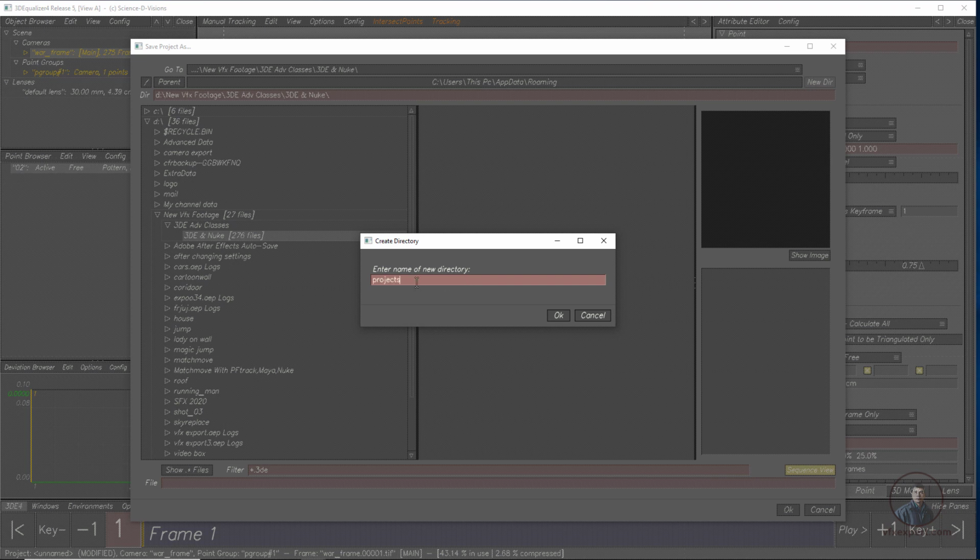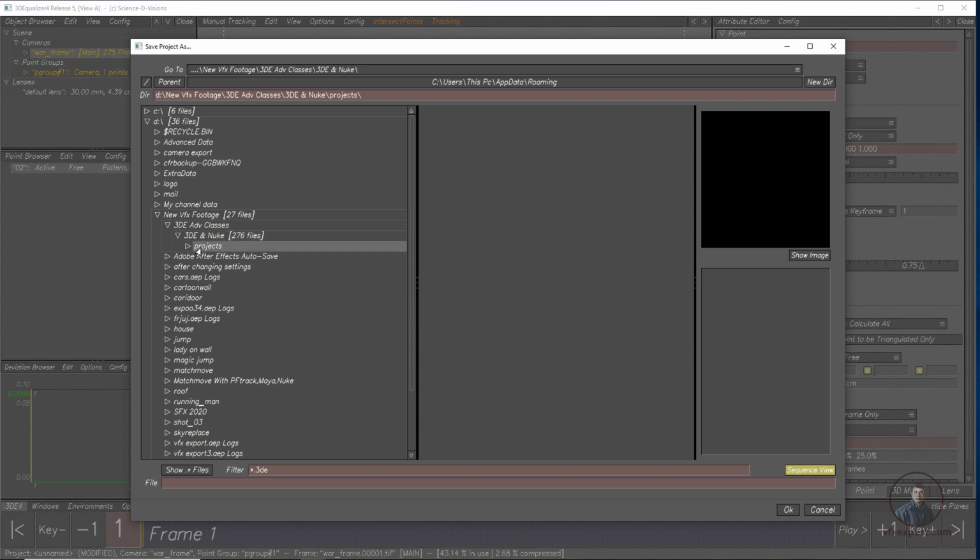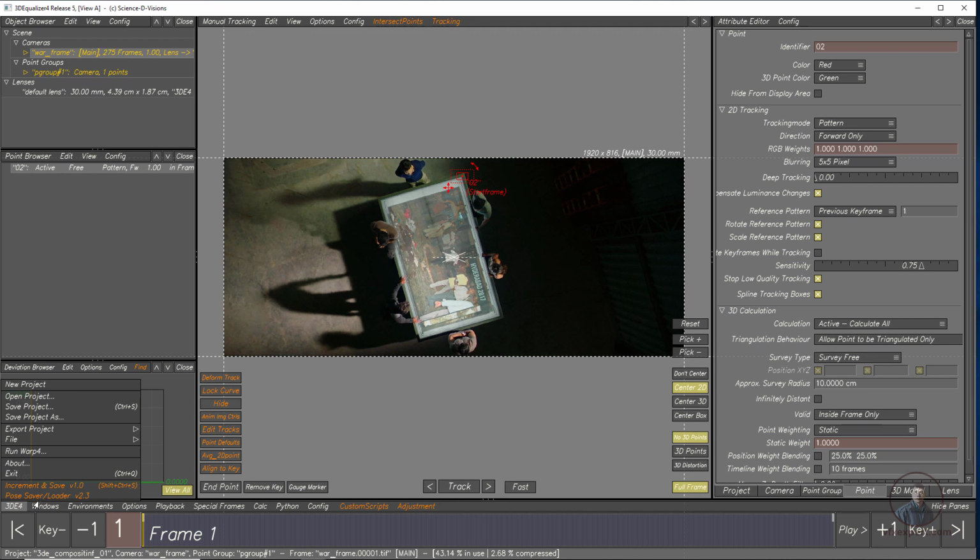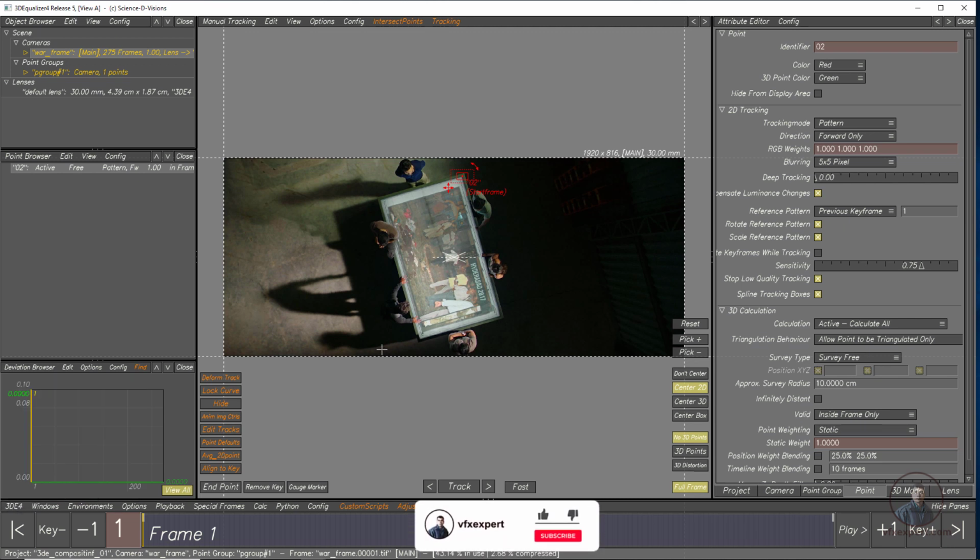I have given the name projects. Now press OK. After that, select your folder or directory, then downside give a name. Now click on OK. After this, again click on 3DE4. So till here we have successfully imported our footage and also saved our project.